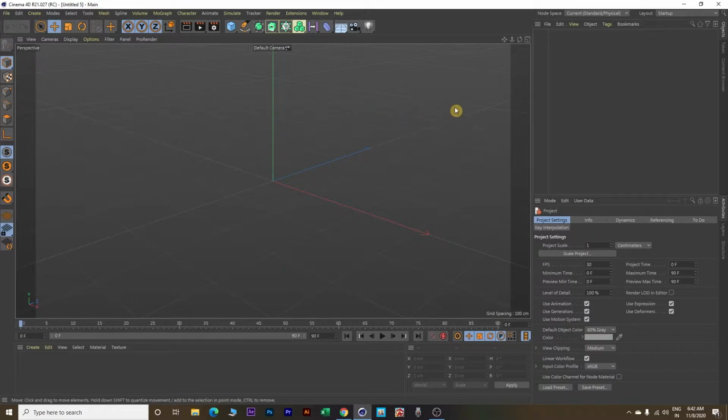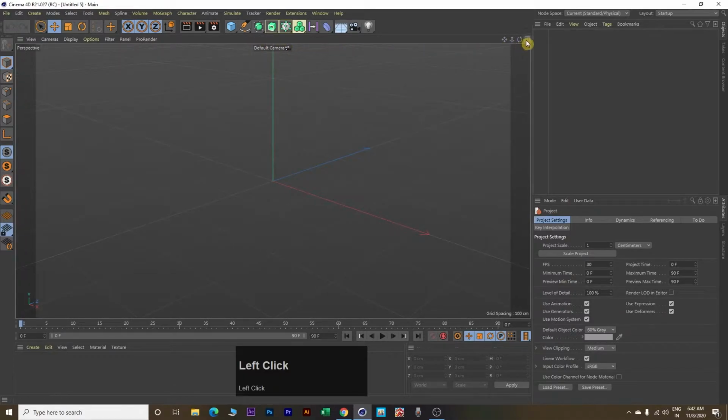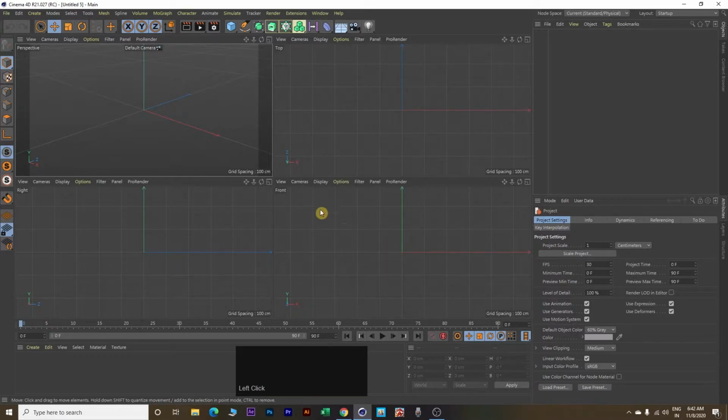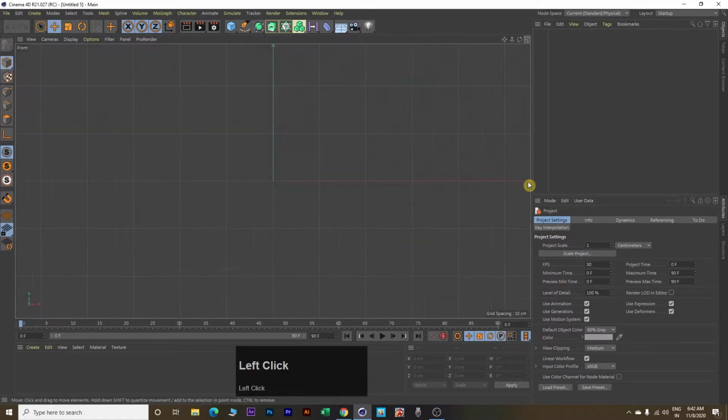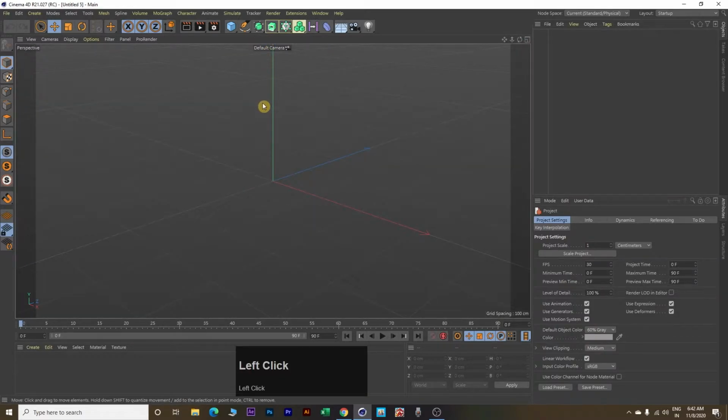Alternatively, you can also click on this rightmost icon to maximize or minimize a specific view. Let me maximize this front view here. Minimize it. Great. So we are in perspective view.